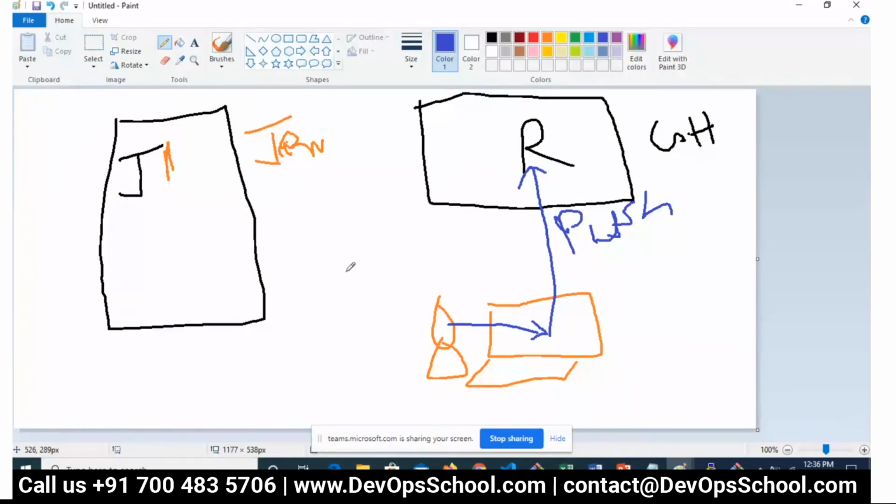So think about when you push to GitHub. Apparently there is no link between GitHub and Jenkins. Yes, of course. So my question was, whenever you push to GitHub or Bitbucket or GitLab, the detection of the push activities will be done by which tool? GitHub, right? Correct. So in this case, detection of the Git push activities will be done by GitHub. Jenkins has no idea about this. So who should trigger the job in Jenkins? GitHub should trigger the job.